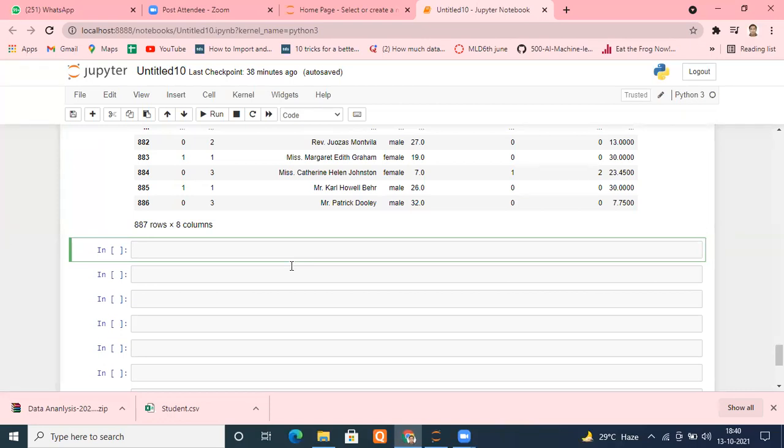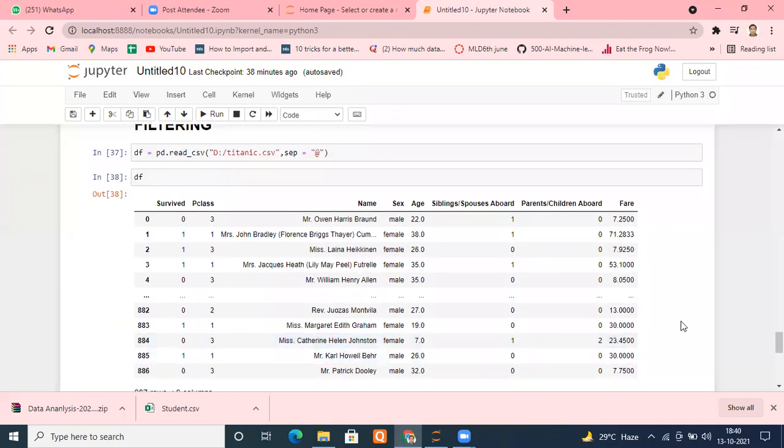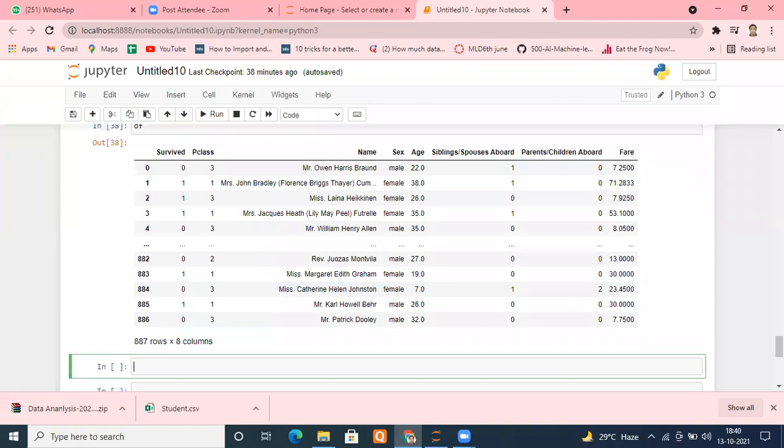What I asked you: most aged, right or wrong? I ask you the most aged person. So which column can tell me the most aged person? Any idea? Which column among these? Age column. Very good. And who will be the most aged? The person who has the maximum value of this, right or wrong? Yes, sir. The person having the maximum value of this. Of course, that will be the most aged person.